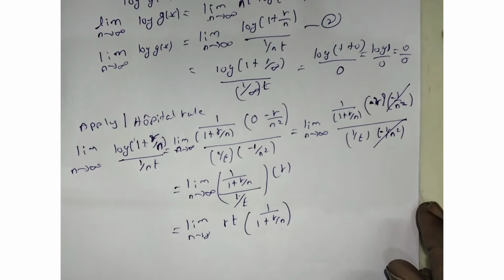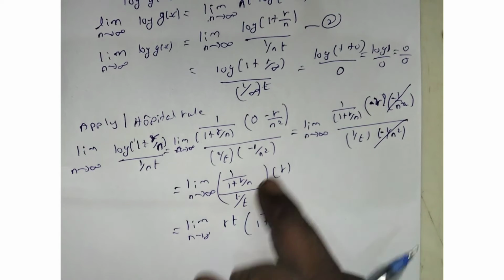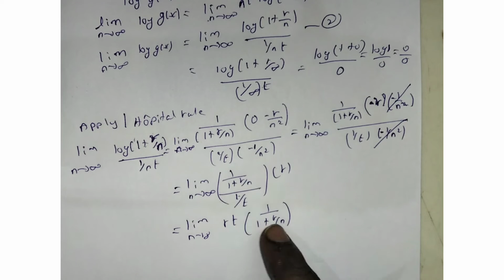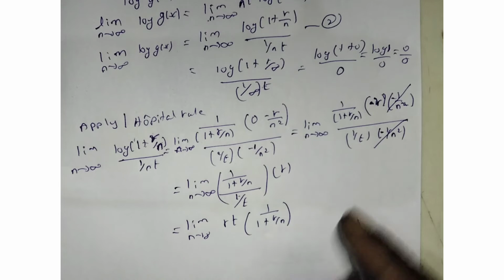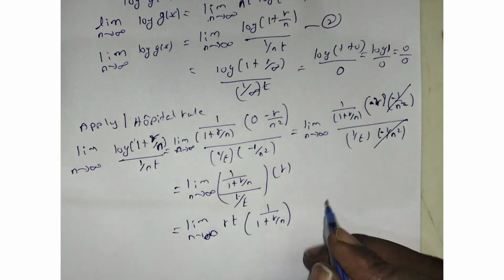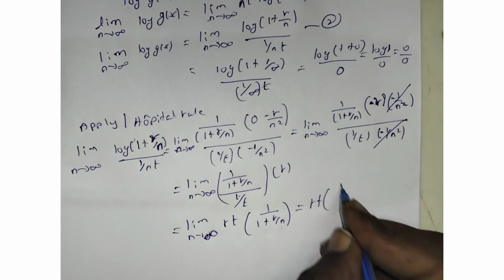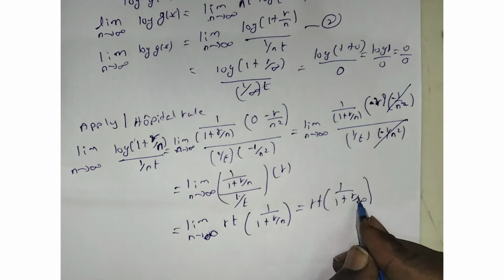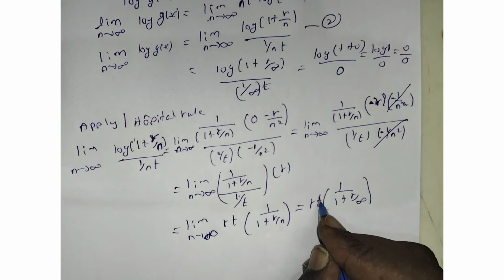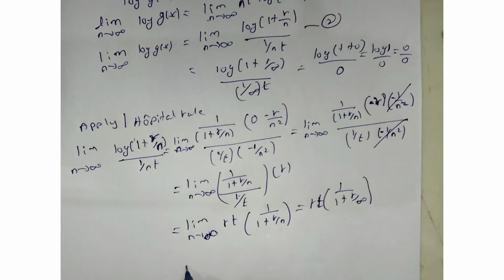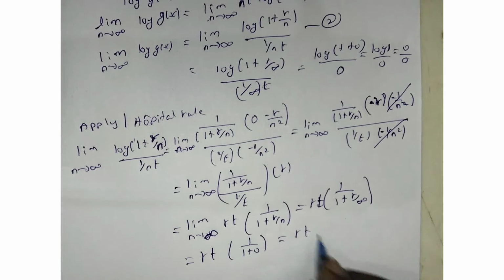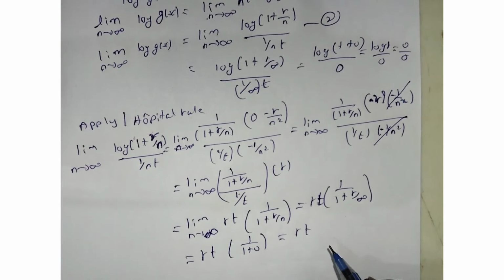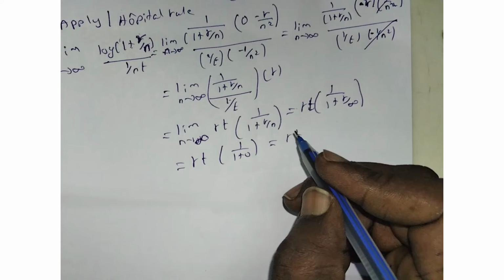Now we can apply the limit. So 1 by d multiplied, here rd will come, the same numerator. Now I remove the limit, and wherever n is there, substitute infinity. So we can write rd into 1 by 1 plus r by infinity. That r by infinity becomes 0. Here rd is there, so we have rd into 1 by 1 plus 0. Finally we have rd. So we have the value of rd.